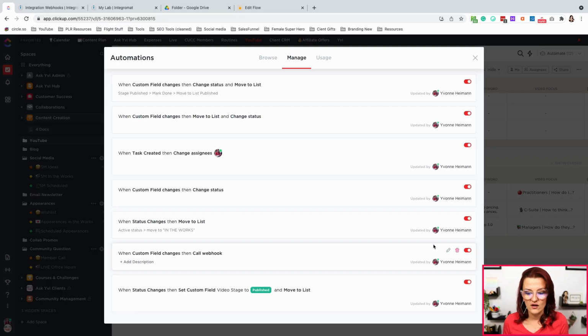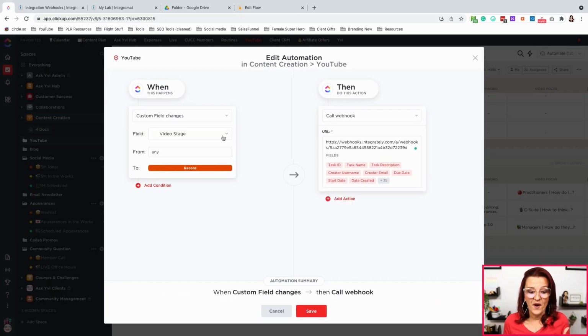I got the video on that automation right here, but let's dive a little bit deeper. We have this automation right here that says when the video stage moves to record, meaning it's a drop-down menu. It's my video stage that every video goes through. The moment I hit that stage of recording my video, I want ClickUp to be like, webhook, we need to do something.